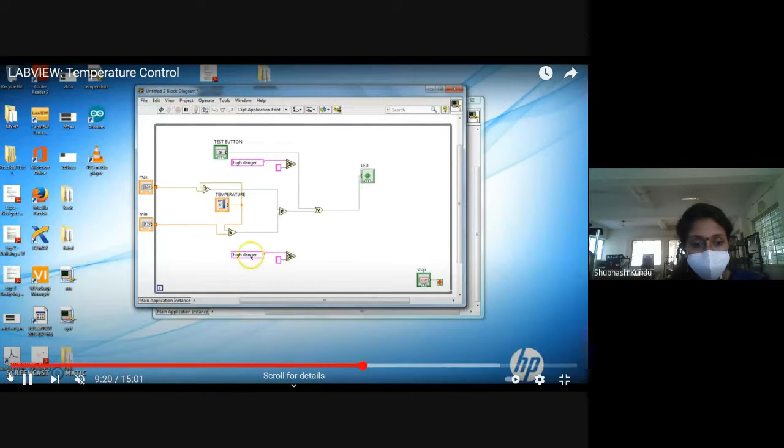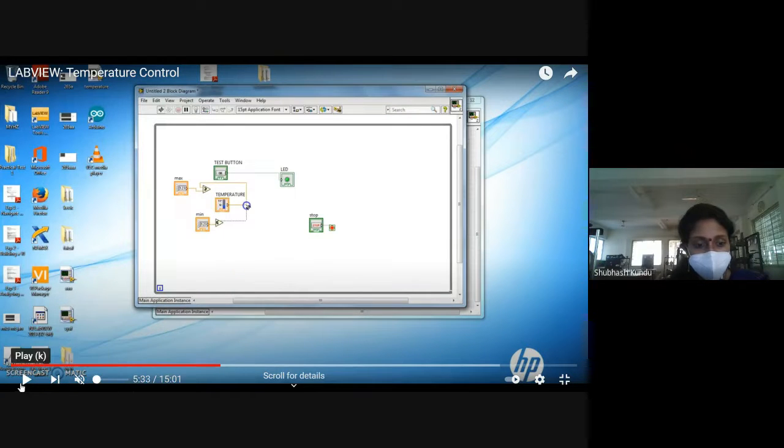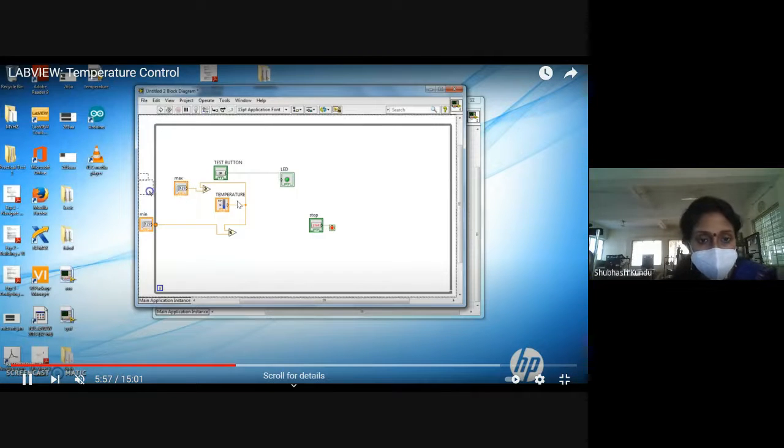So basically in that temperature control, what we are doing, we can see that here we are using these two comparators, right? One is less than or equal to, the other greater than or equal to, with some minimum or maximum value. Okay, and after that this output will be coming. Yes, this input and maximum value can be outside the while loop, right? And after that it will be